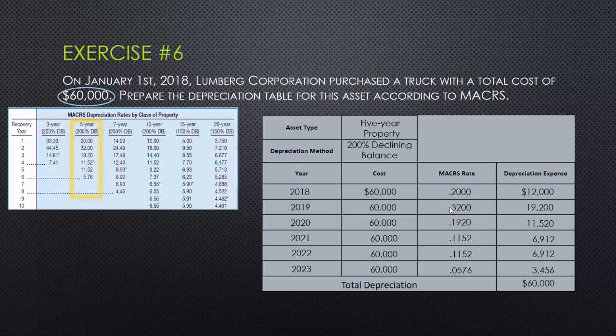I know it's confusing, but for every class of property we have, be it 3-year, 5-year, or 7-year, you're going to assume that you're putting the property on the books in the middle of the first year, and then you're going to have to record an extra half year worth of depreciation in the last year that they